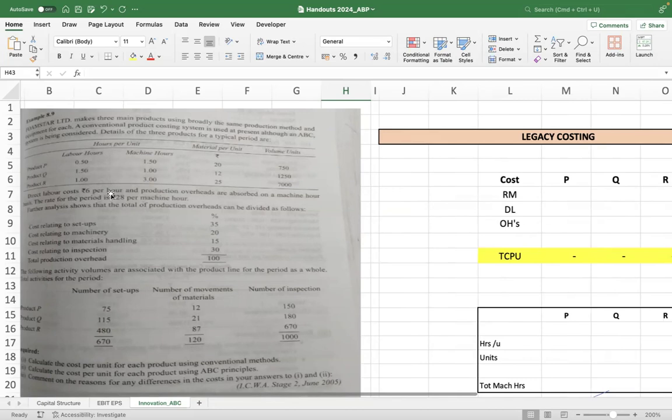The labor hours and machine hours per unit required have been given. The material costs per unit have been given. The volume is given. Direct labor costs per hour have been given. The most important statement here is production overheads are absorbed on a machine hour basis. Now, whenever we do the costing in the legacy costing framework,